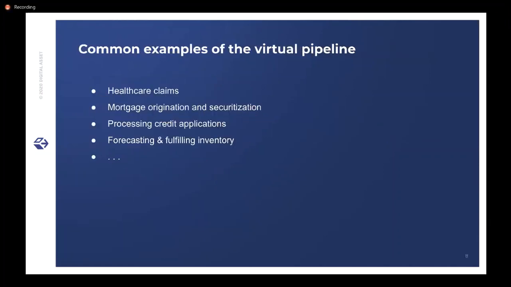And some examples of the virtual pipeline. Anything that you see, wherever there's a business process, the problem exists. So if you have a claim, it runs through multiple applications, runs through multiple enterprises even. Anytime somebody's applying for a loan, applying for a mortgage, it has the same thing. There's a mortgage origination system, there's an underwriting system, then you have the customer experience systems, then you have the e-statementing systems, and all of that stuff. Data has to be passed back and forth between them. And all of these applications are constantly reconciling with each other to make sure there is a consistent single version of the truth.